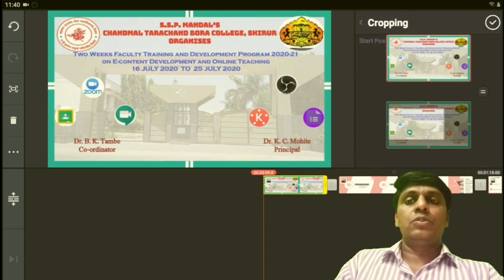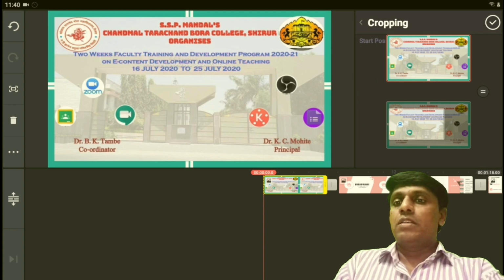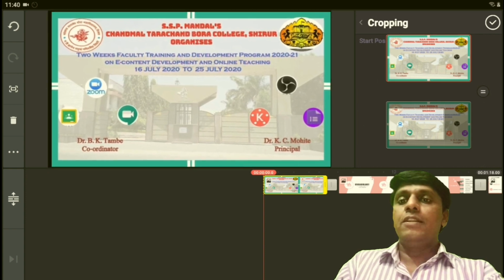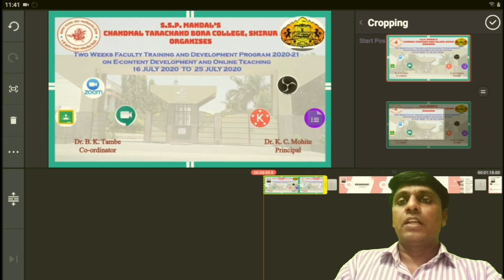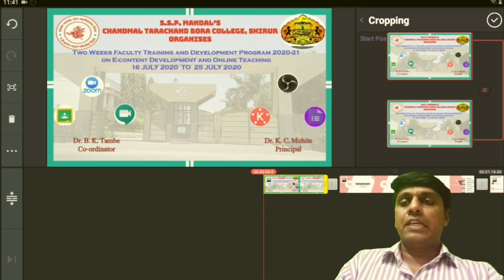Then these two slide screens will appear. Here the first one means it is not the proper adjustment. Click on it and then adjust from here. For example, I have adjusted in this way. So the first image I have adjusted, and click on the top right. Then the first image is adjusted.